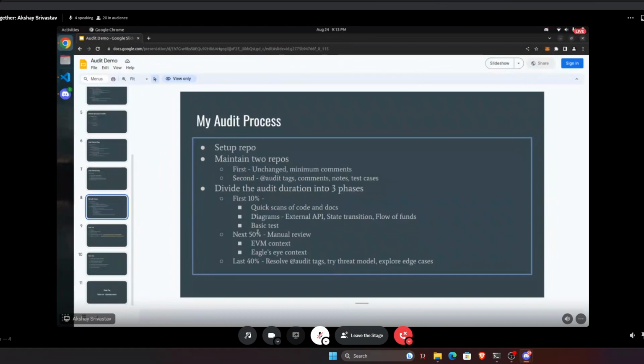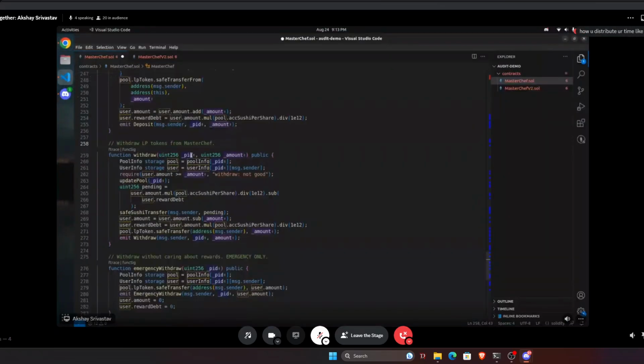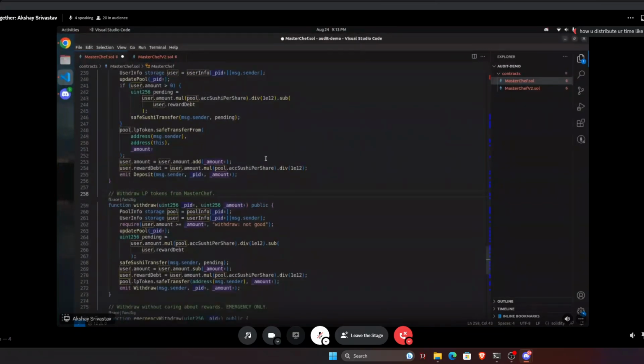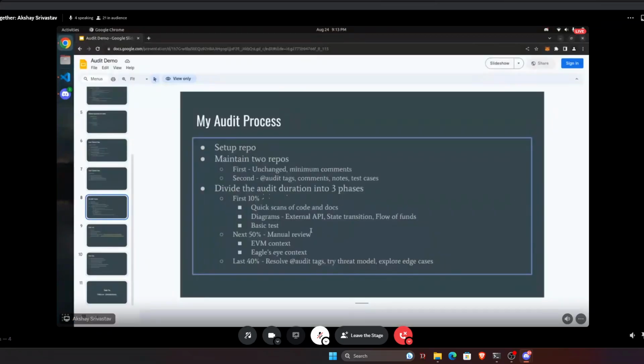And I always try to create the basic test of the entire flow of that code base. So in this case, I'll create a simple test case where a user deploys, collects his rewards, withdraws, deposits, harvests, and withdraws. This is generally done on the first day, and the next 50% of my time would go